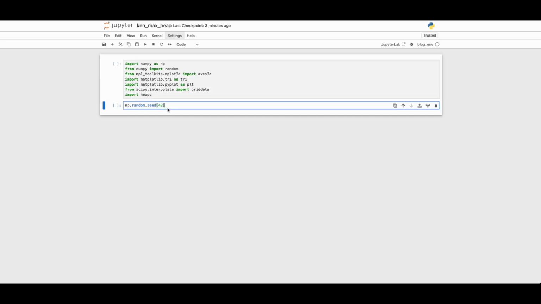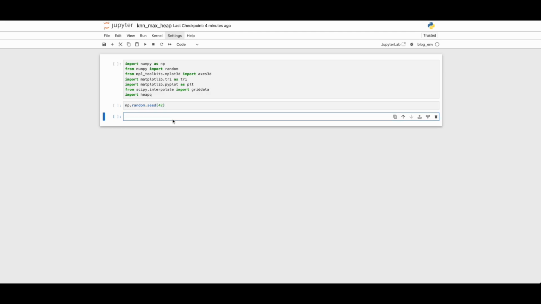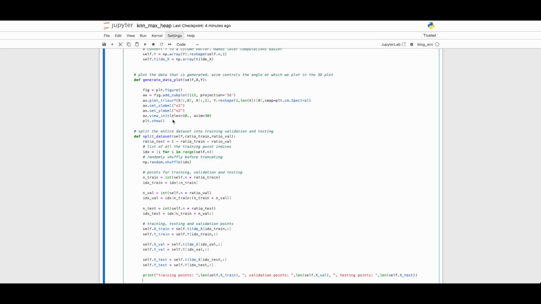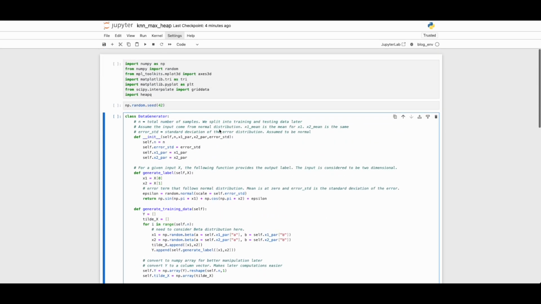And this statement here, which sets the seed for our random number generators, makes sure that there is reproducibility in our code. So the whole code is split into two parts. The first part is a class which we will use to generate our data set. And here I will be using the exact same class as in my previous video on linear regression. I will be copy pasting this class from my previous video,